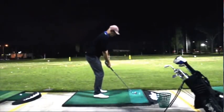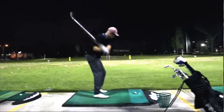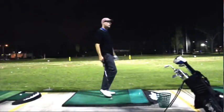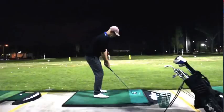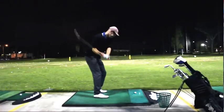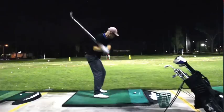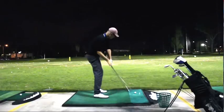So this, I think, is a 5-iron. Okay, exactly. So let's watch that. That's a shank. So that was a shank so bad that I actually hit it. I think that was the rare inside heel shank. So where you shank it so badly